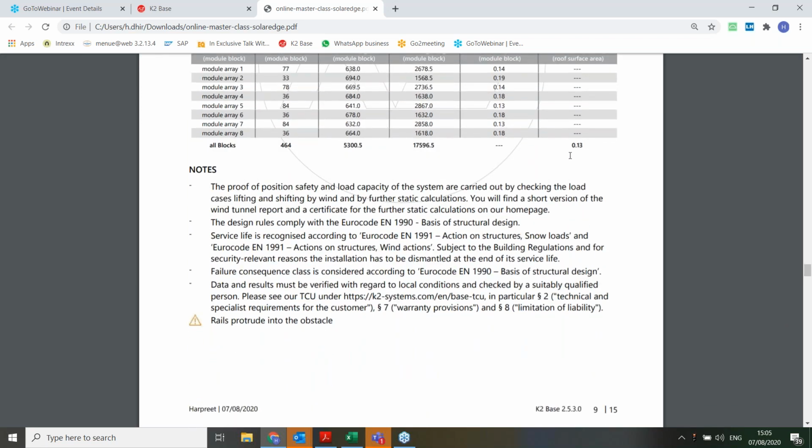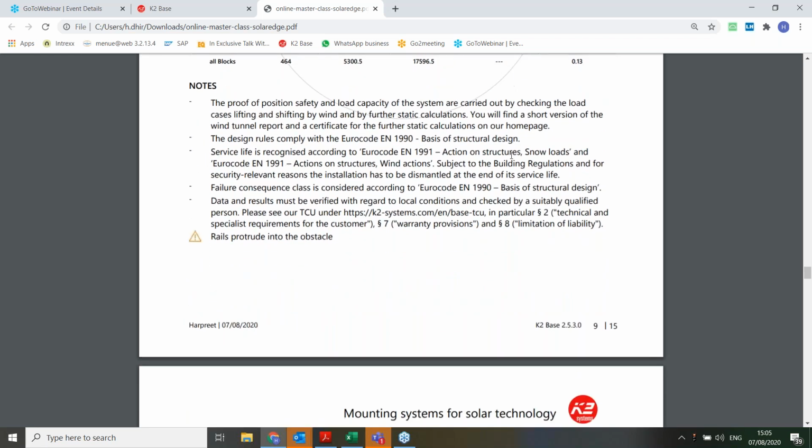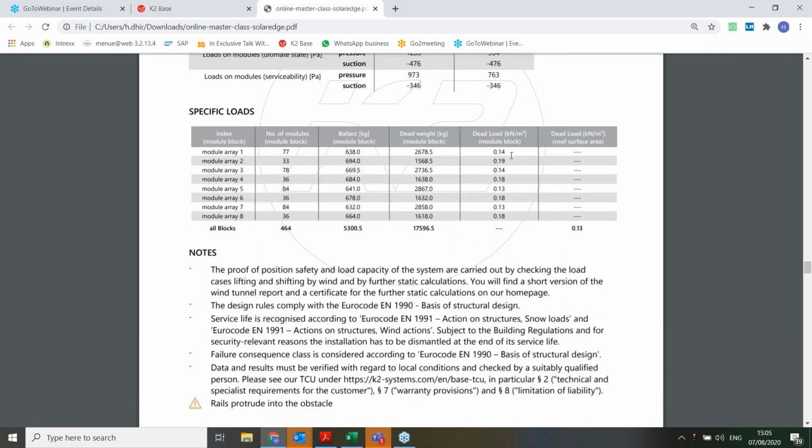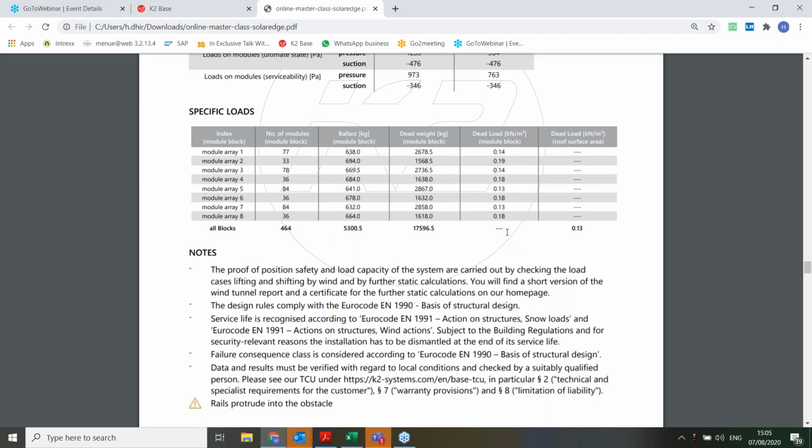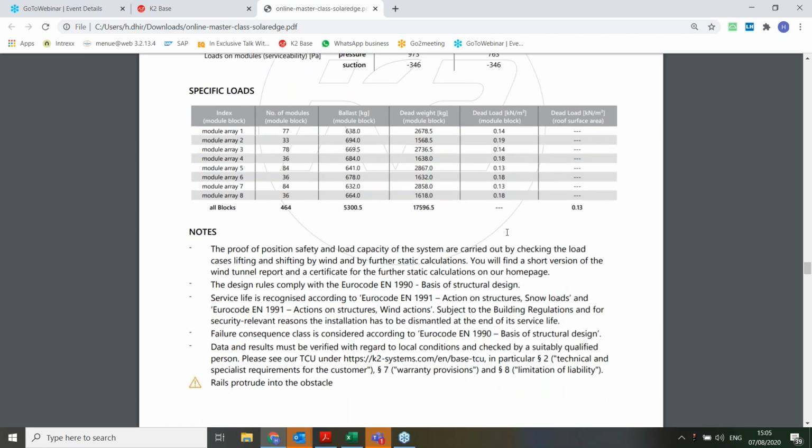So for combined, it's not showing the values here, but normally it shows the values also. What is the total dead load here, so that you also get to know the total dead load, so that your structural engineer knows how much dead load you're going to put on the roof, and knows how your beams and so on are designed, whether they are able to sustain that load or not. So this tool also gives you an input for the structural engineer.